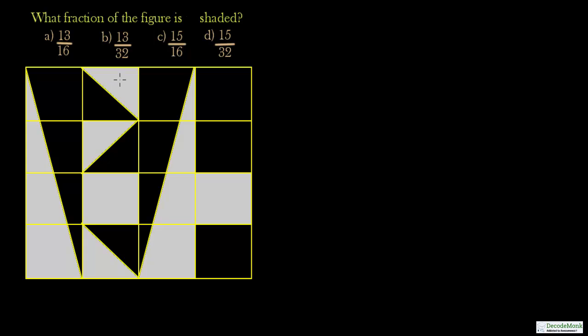For such type of questions where you are asked to find the fraction of a figure shaded or unshaded, your first task is to break that figure into smaller symmetric units. You can see from the figure that you have got four rows, and each of the rows has got four squares. So the total number of squares will be 4 rows multiplied by 4 small squares, which is equal to 16. You may count the number of squares also.